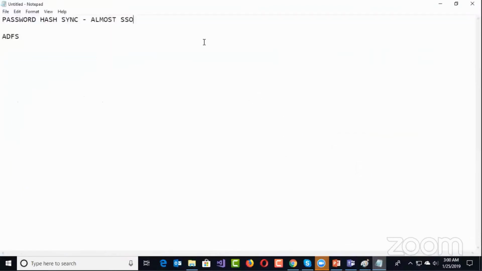So the summary is, in password hash sync, Azure AD will authenticate the cloud application, even though the password is the same. That's why we call it almost single sign-on, and every time you have to say OK to authenticate, although your password is saved in the console. In ADFS, all cloud applications are authenticated by on-premises AD. That's why we call it single sign-on: the first time it authenticates with on-prem AD, and the second time when you try to access a cloud application, it redirects to the on-prem ADFS. Make sense? And this way the single sign-on will work.